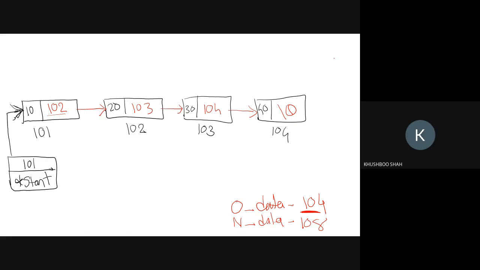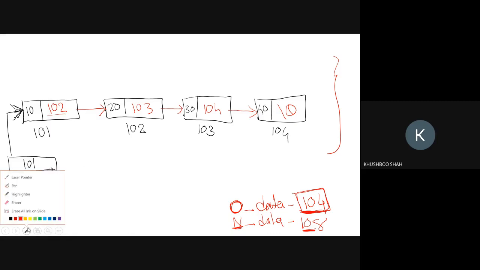After creating this linked list, you have to ask the user, what do you want to do? He's saying modification. Okay. Do you want to go through the location or the data? Suppose the user is saying through the data, then ask what is your old data, or which value you want to update. The user is saying 104. Then again ask the user, what would be your new data? The user is saying, let's say 108. So now I have to write the code to search 104, and now your actual logic starts.